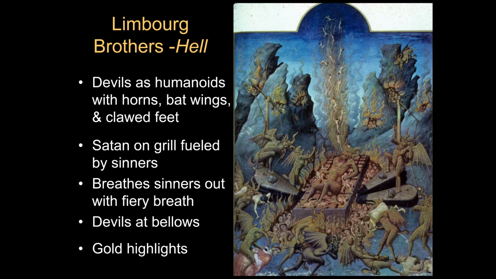Just to show you another religious scene, this is the scene of hell. Once again, it's picked out in gold. And you see the punishment of the sinners. Satan himself is being punished too. He's lying on this grill, and then you realize that below the grill in the fire are all of these little human figures. These are the souls of the sinners. He's clutching some of them. He's breathing them out into the smoke that rises up. Others are being dragged and tormented. Devils are stomping on the bellows to keep this fire going.